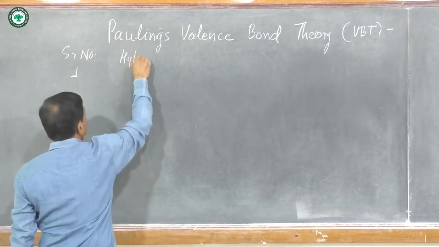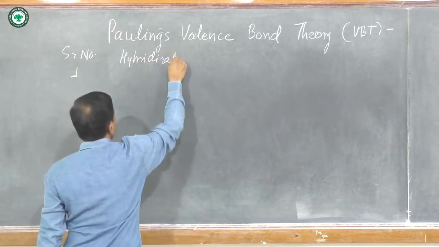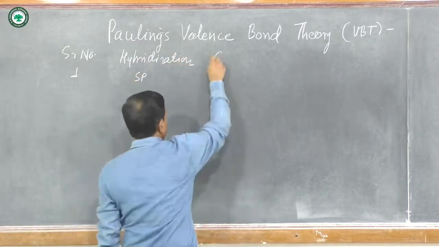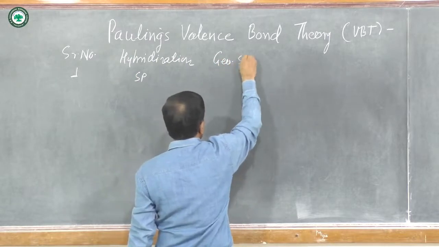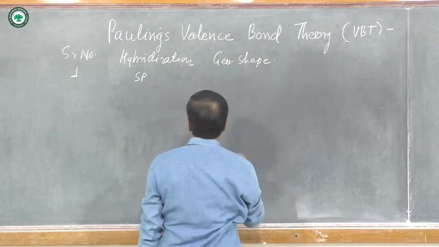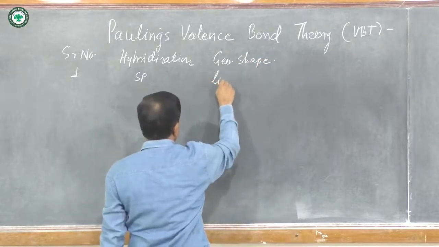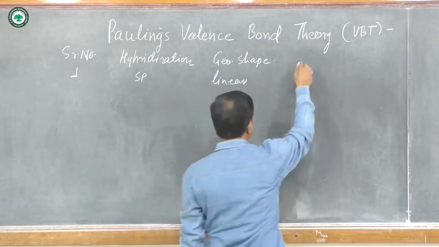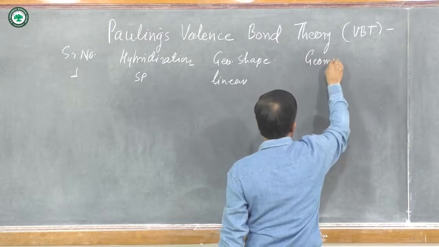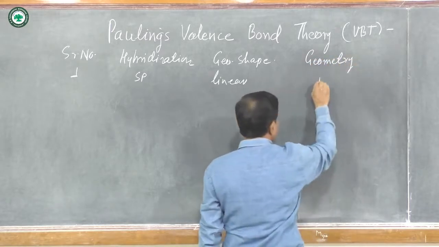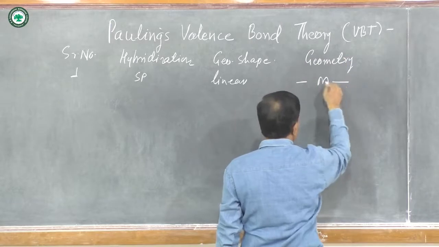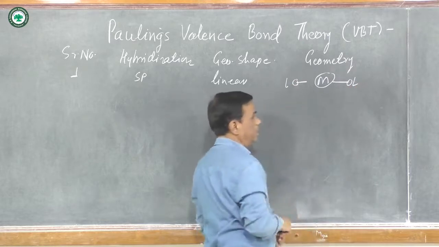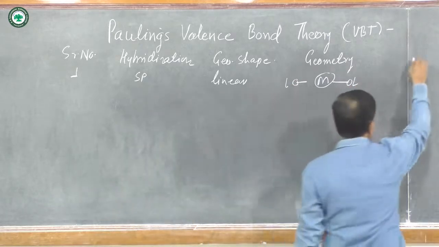The hybridization is sp, then the geometrical shape is linear, then the actual geometry of that complex: the metal is at the center position and the ligands are linearly arranged, and the example is